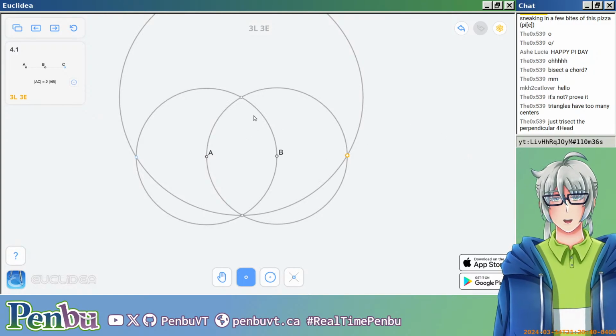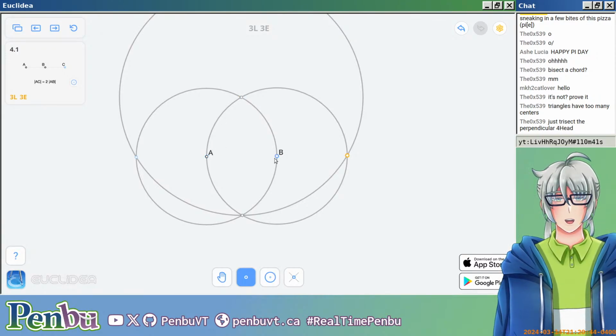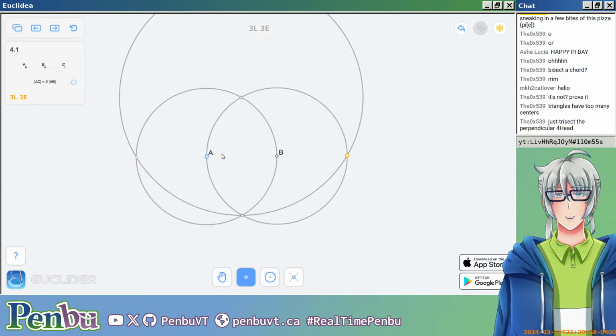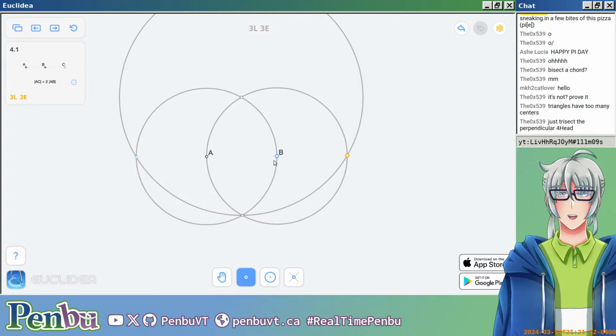Actually, oh, hold on. So we can figure out what this length is. So if this length is AB, that means the length from here to here is AB, which means, if you cut it down the middle, you have Pythagorean's theorem. This length here is AB divided by 2. This is AB, which means this is something. So AB